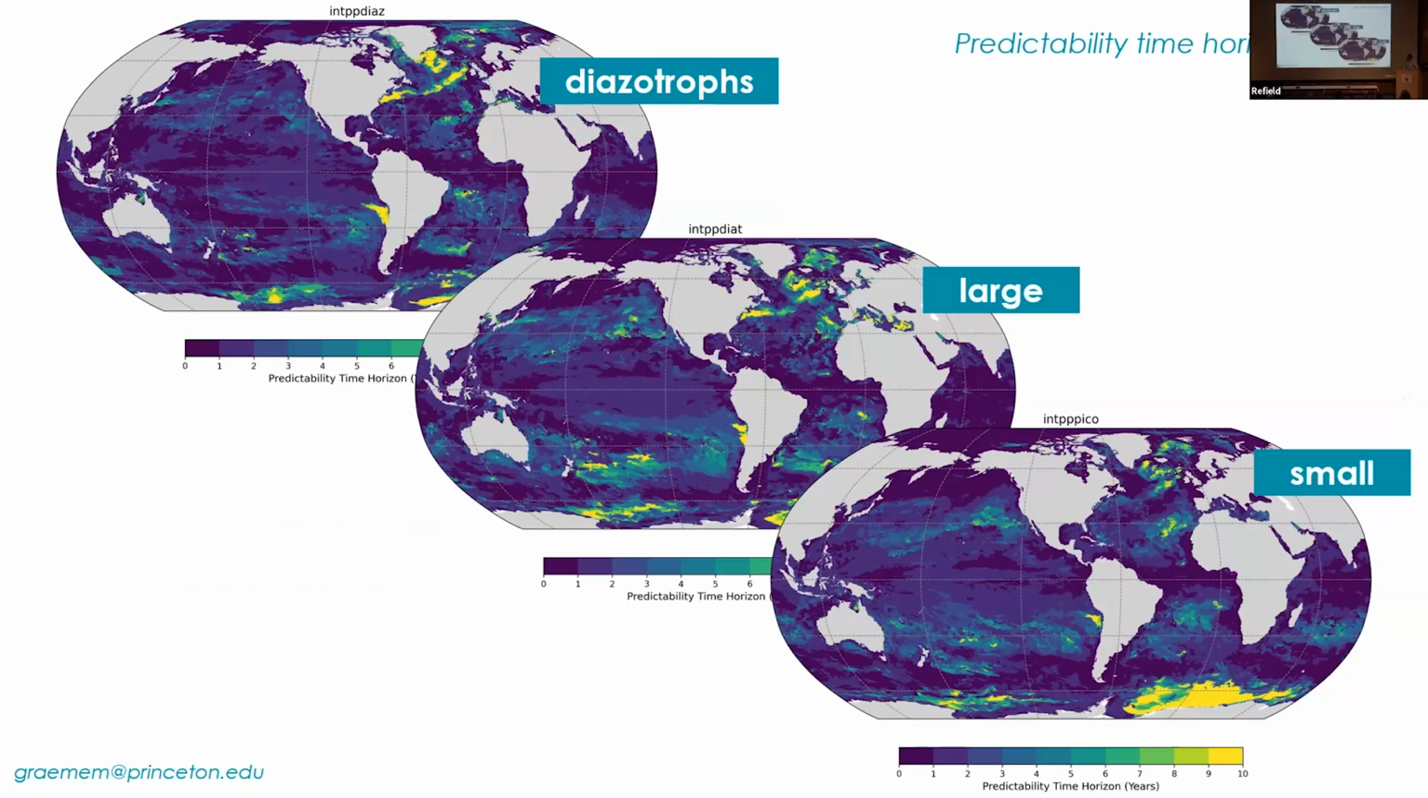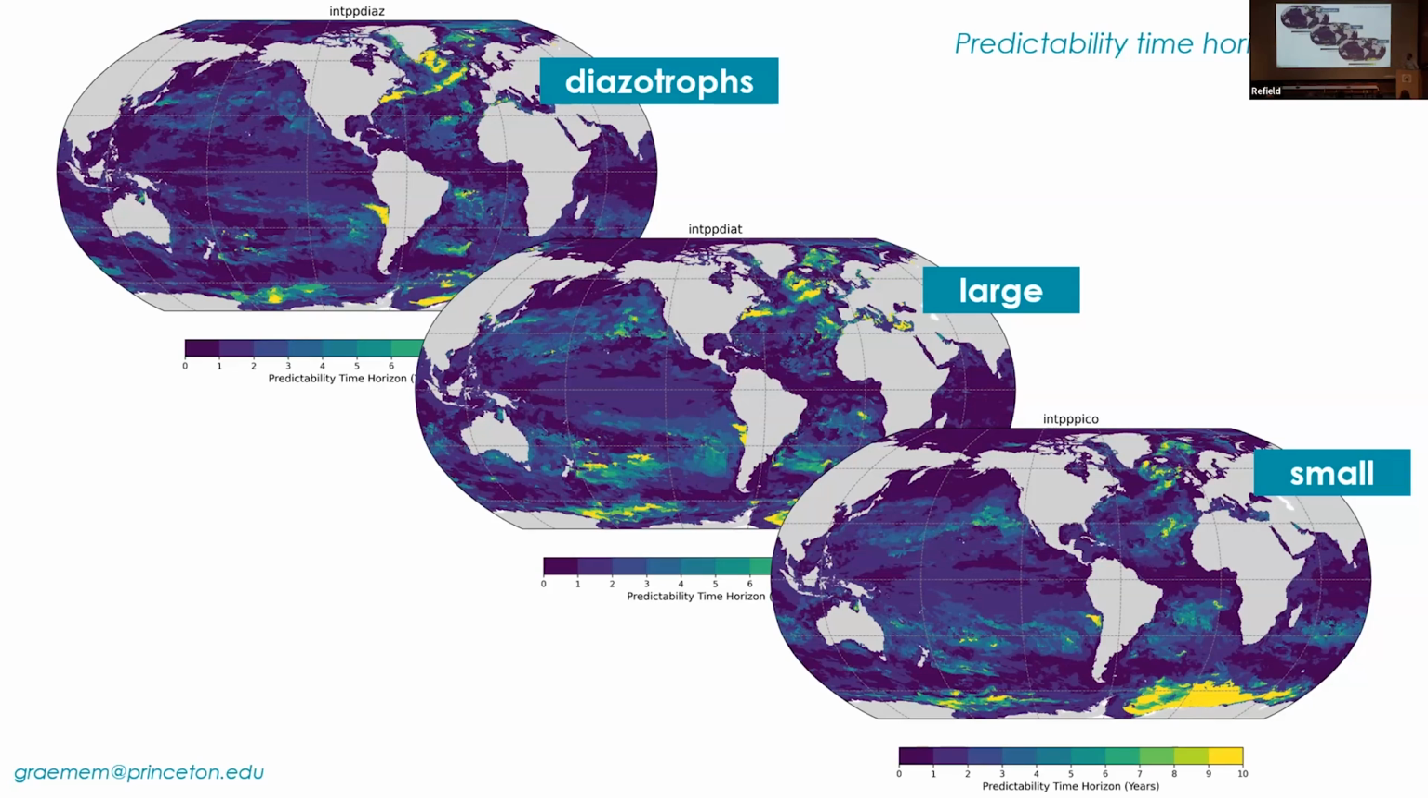There are 3 different phytoplankton groups in the model: diazotrophs, large phytoplankton, and picophytoplankton. As I was reflecting on the talks earlier, I realized that this is maybe not so interesting a metric. You can see that they all look fairly similar, but one of the things that the earlier talks made me think is that perhaps the interesting question is not so much whether